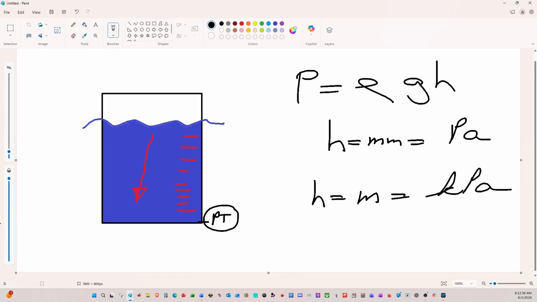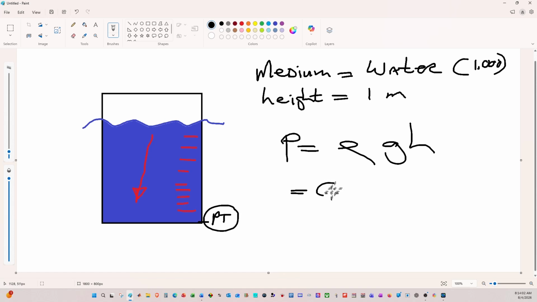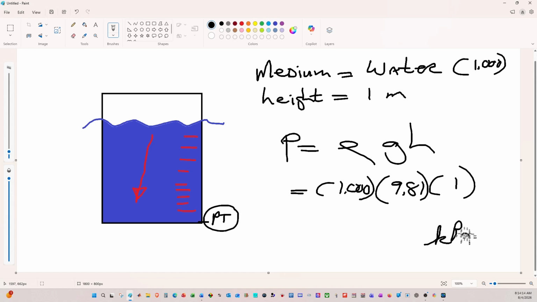I'd like to do 2 quick calculations just to show you how easy it is. We are working with water. Now, we know that water is going to have a specific gravity of 1.000, and we have a height of 1 meter. So pretty straightforward. Pressure is equal to rho GH. Our specific gravity is going to be 1.000. G I'm going to work with as 9.81 meters per second square, and H is going to be 1 meter. We're working in meters, so the answer is going to be kilopascals, and straight away we can see that the answer is going to be